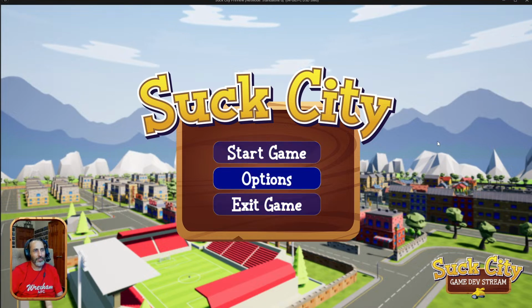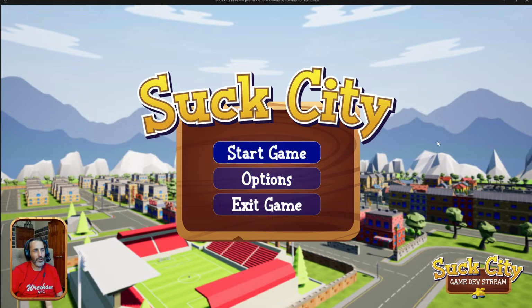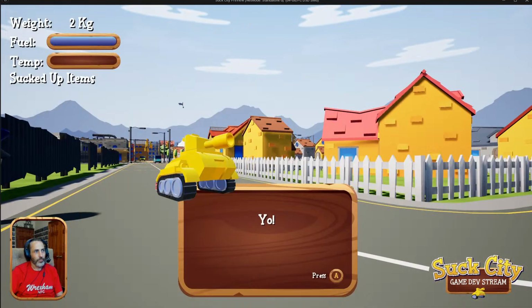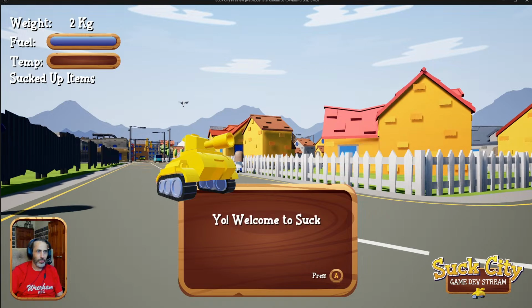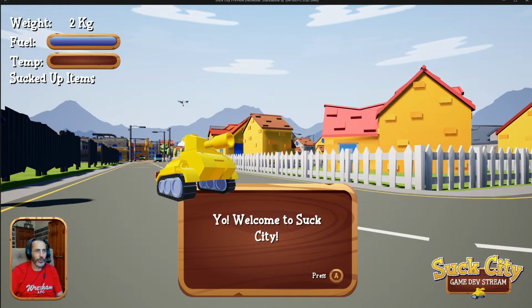I do have some of these things set up. I have an options, but I don't have anything in there for options. You can exit, and this takes you back out, and then the start game obviously will take you to the start of the game here. I don't know why it's not showing me the loading screen whenever I'm flipping. It should show a loading screen, which should allow